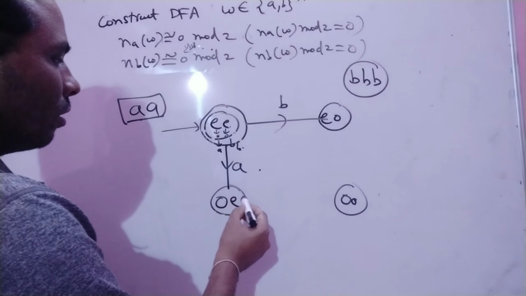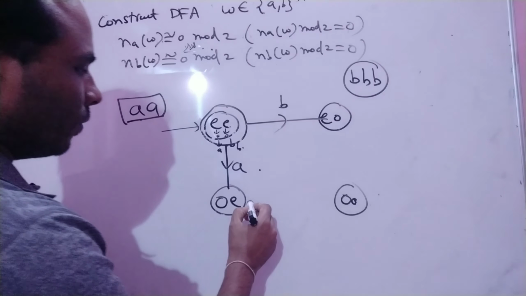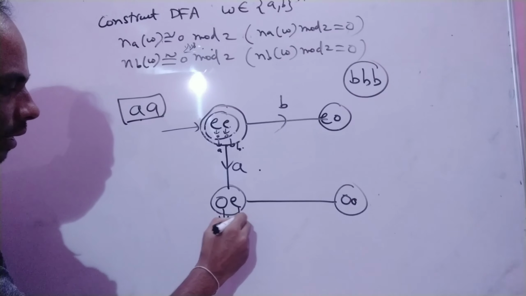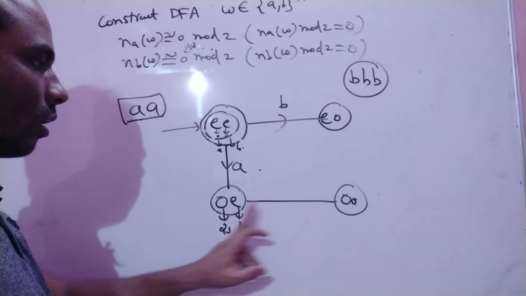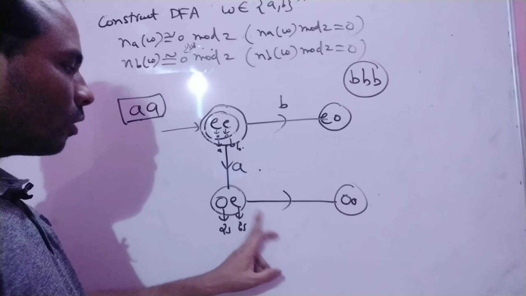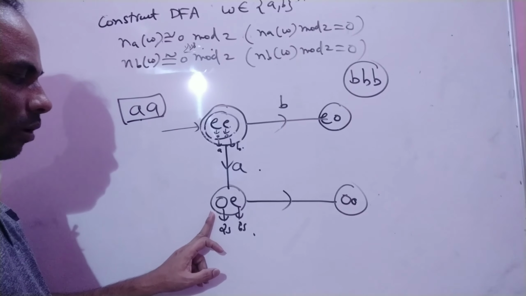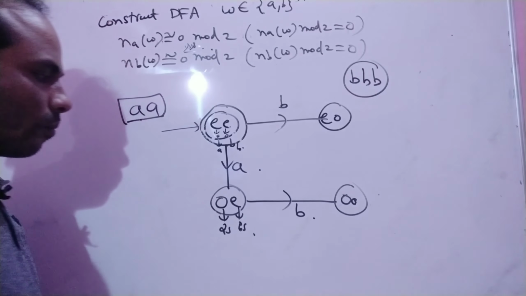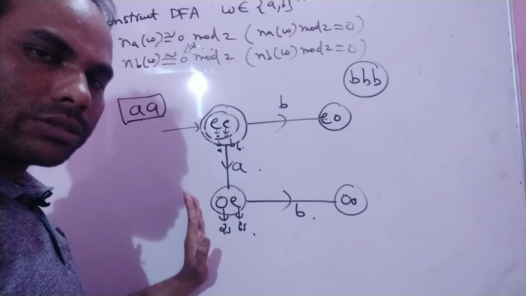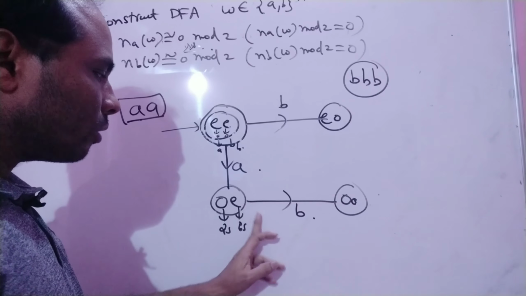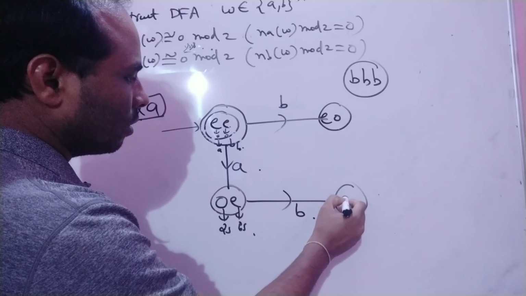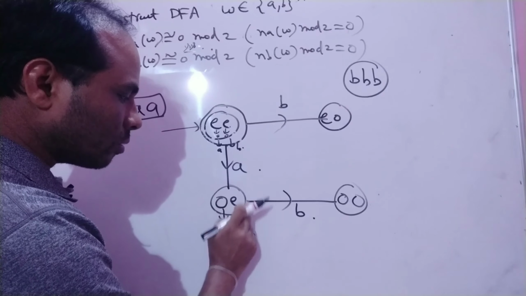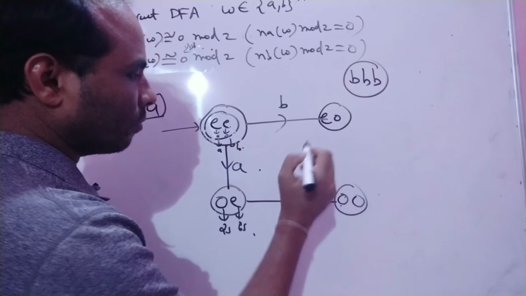Next, what about this? If you are odd and even, it means the first one is representing number of A's, the second is representing number of B's. If you are applying one B, number of A's are odd, number of B's are even. If you are taking one more B, what will happen? Number of A's you are not changing, but the number of B's is going to change. So previously it is odd and even. If you are applying one B, this also becomes odd number. So now you are reaching to here.